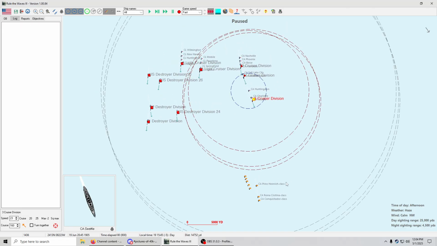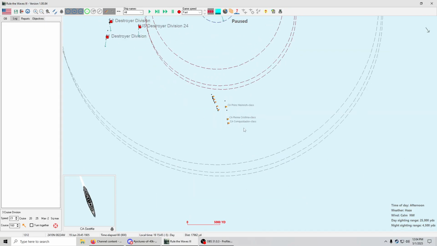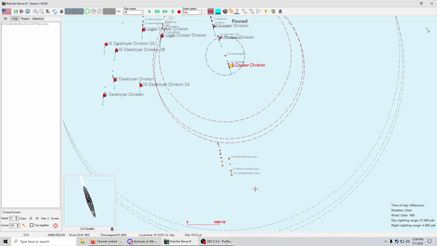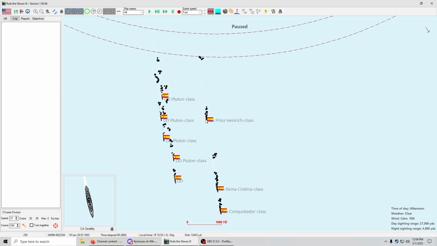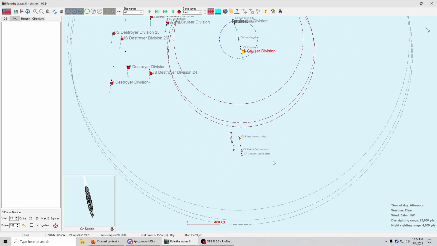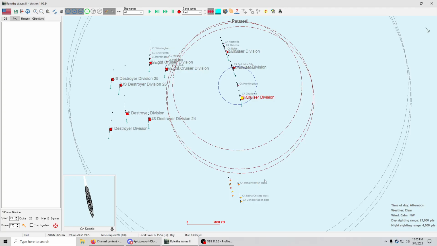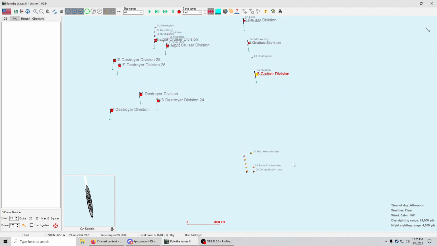You just want to get within gun range. How fat? Prince Heinrich class. Oh, did they end up buying German ships? What the heck? How did they end up with a Prince Heinrich? I wonder if Germany sold them a ship, because I don't think they ever went to war. It's not like they captured it. Or I don't know if capturing is even a thing, but